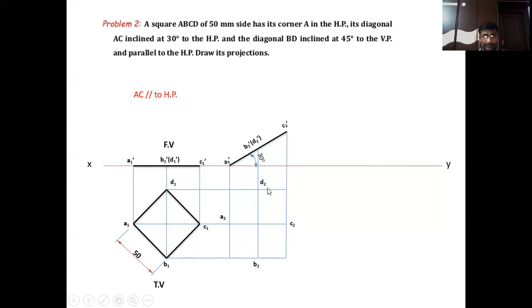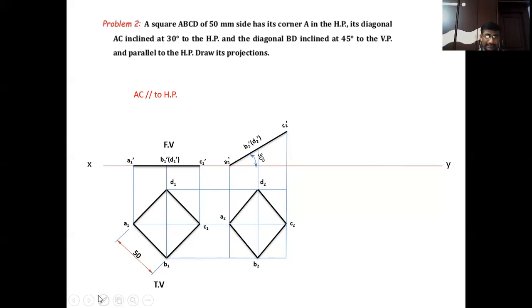By joining these points in order, we will get the second stage top view after rotating the surface at an angle of 30 degrees with HP. Clear, students? Join A2, B2 with a dark pencil, B2, C2 with a dark pencil, HB pencil, and C2, D2 is also a dark pencil, and A2, D2 is drawn with a dark pencil, HB pencil.